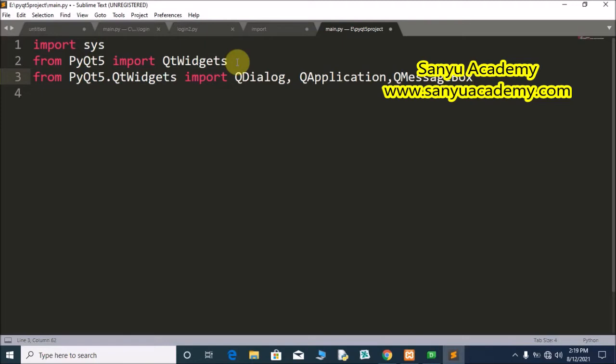Then we will import the UIC: from PyQt5.uic import loadUi.